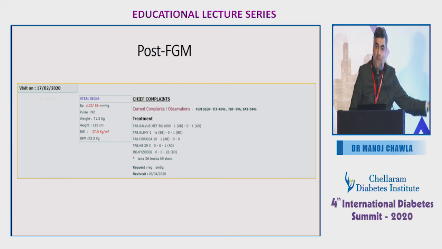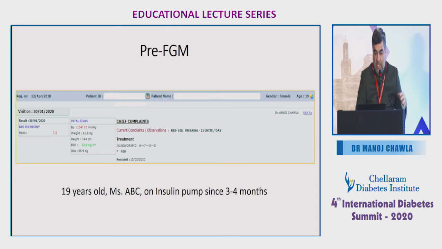Okay. So the second part of this is irrelevant about what the treatment change was done. Now, there was something that we did, and there may be something else that Dr. Unni or Bansi does. I think that's not the discussion. So we move to the other case. But the important thing is, suppose this patient, you have not gone for an FGM. This patient with 9.5, how will you treat?